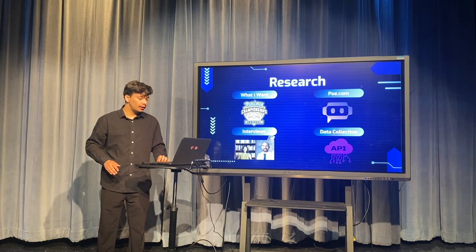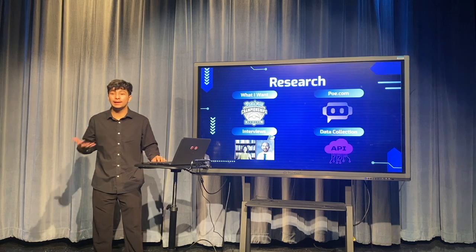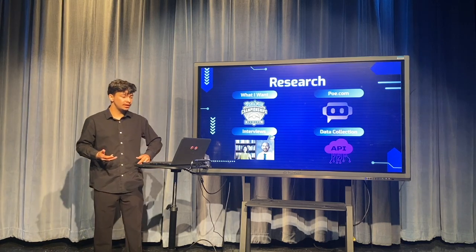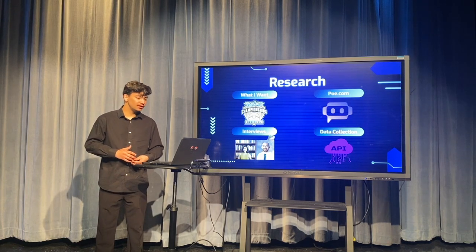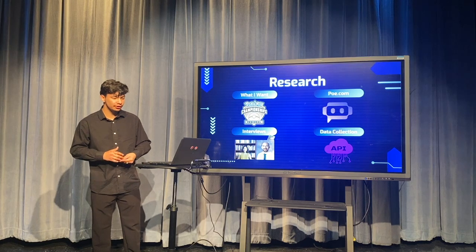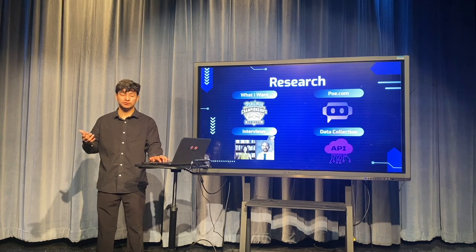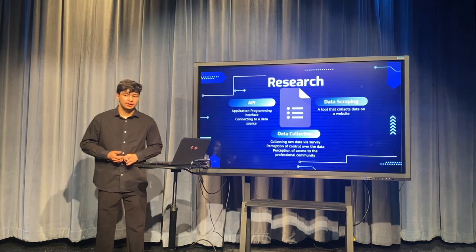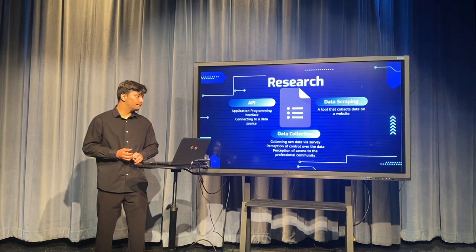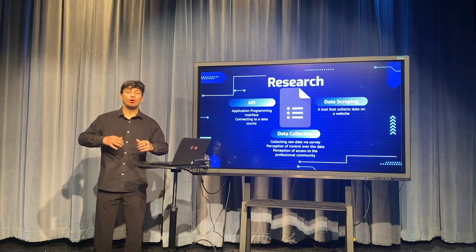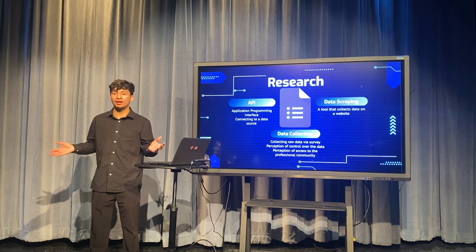And one of the things that Dr. Yancey told me was that an API, an application programming interface, was going to be very helpful, though I didn't want to enter my own data. So I thought an API was going to be the best option. An API was going to be very useful in this scenario, since all I had to do was connect to a database and I would have all my information there.